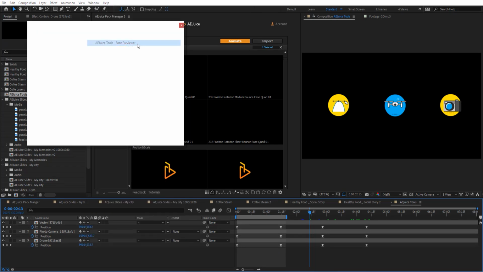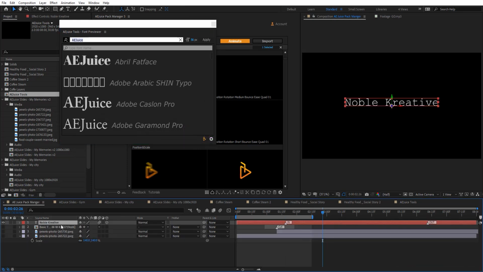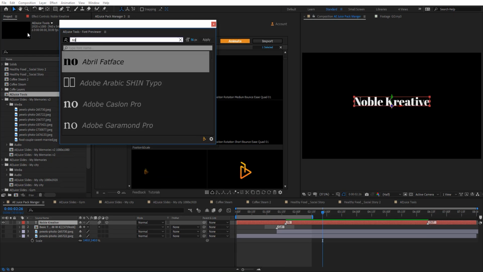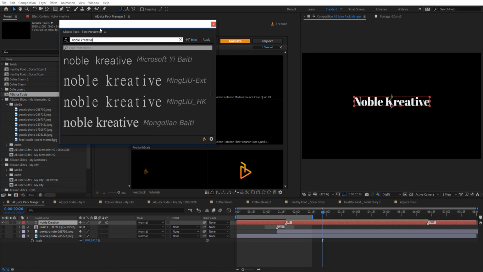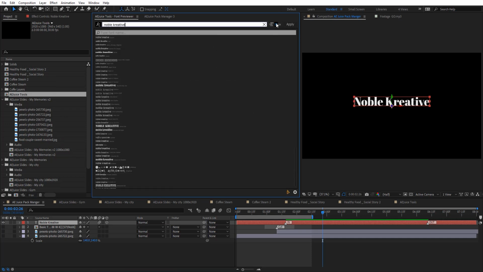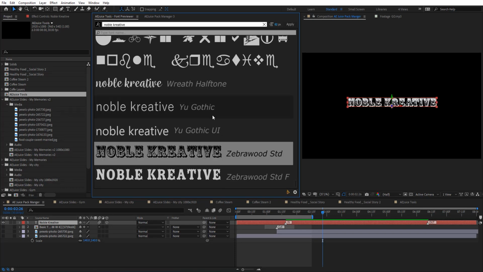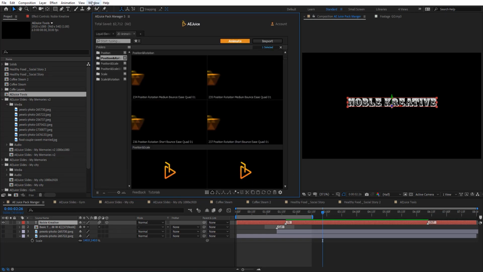And here we got fonts previewer, which is very useful as well. So let's see here. We have this text. You can just basically double click, and here you can just type your font and have it right here to preview your font easily. So you can see here the size and you can just double click and change your font very quickly, which is very cool tool. It's nice to have and it's free.